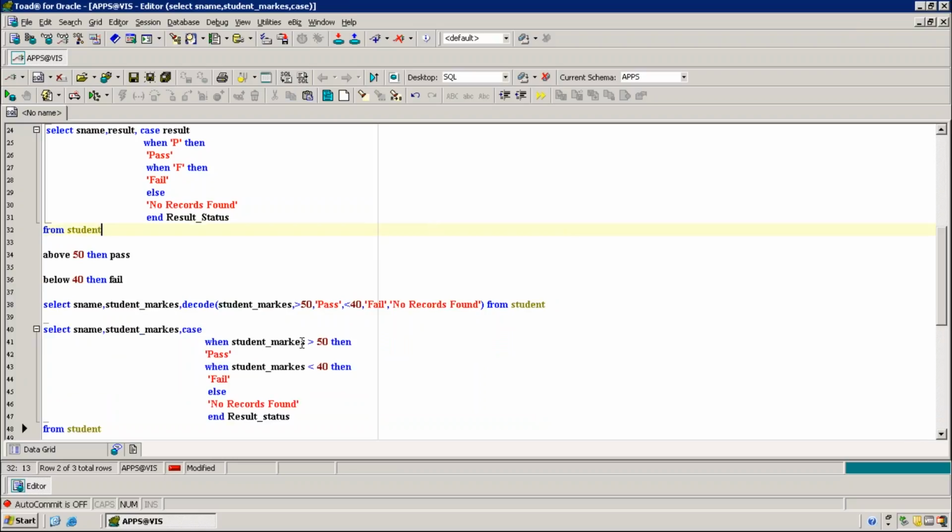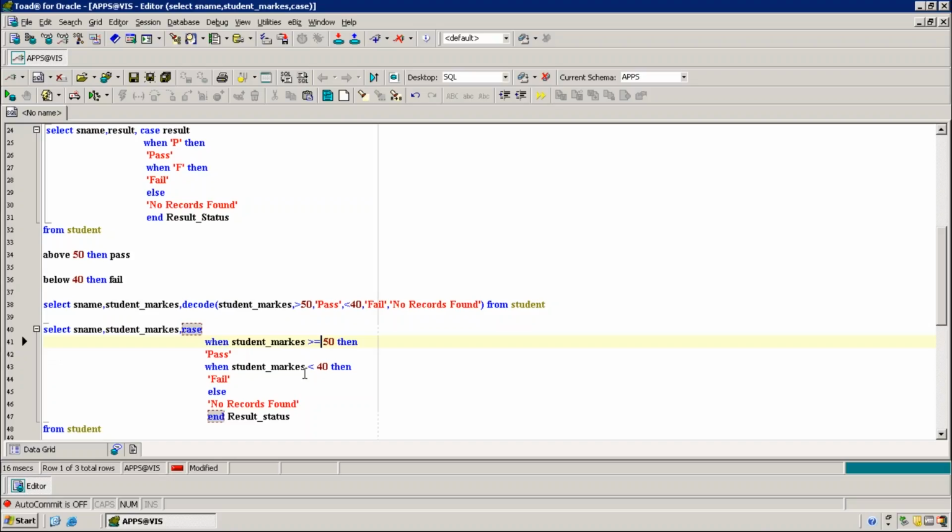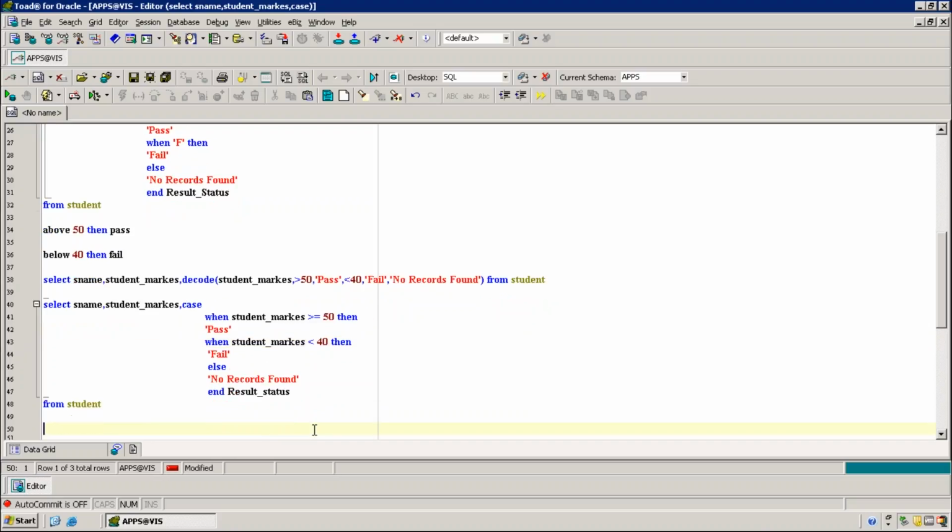The condition is true or false. Less than or equal to. Less than or equal to. Okay, see, got it right? Like this it will work. Now create one table, student table. Put in all the marks. And you can count it from now.